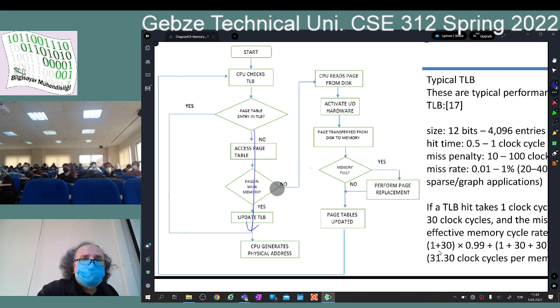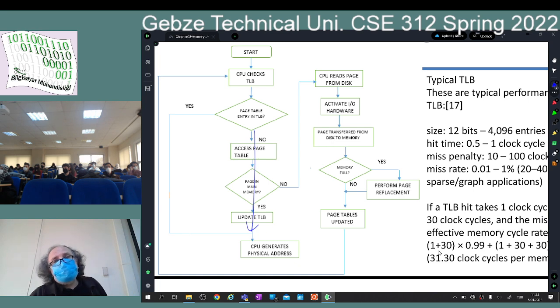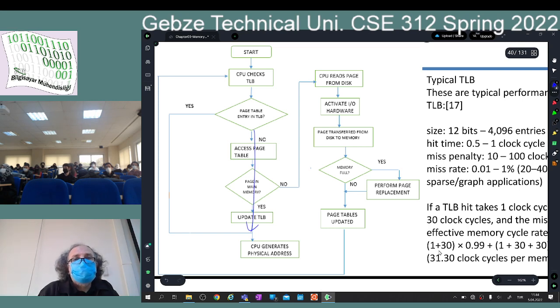If it is not inside the main memory, then we are in trouble. We need to read that page from the disk, and I will ask the I/O hardware to read that page from the disk, and probably I am going to block this process, causing this page fault. This is a page fault, right? So this process will be blocked, and blocking means that I need to save all of its registers and everything. It is in the block list, and I will ask the hardware to load the data for me. Okay, when the data is loaded,